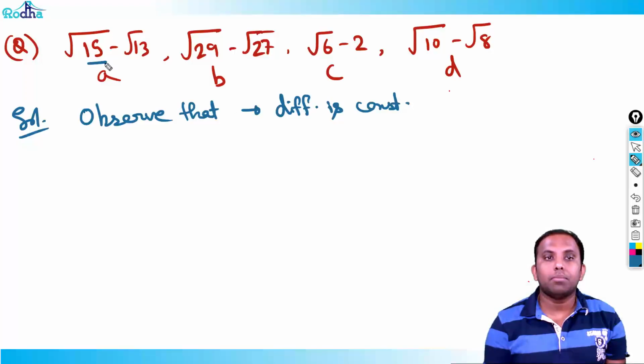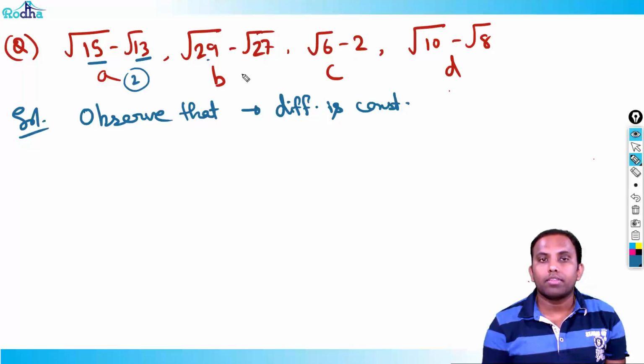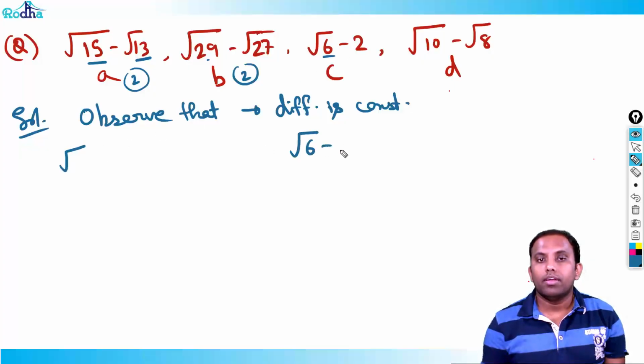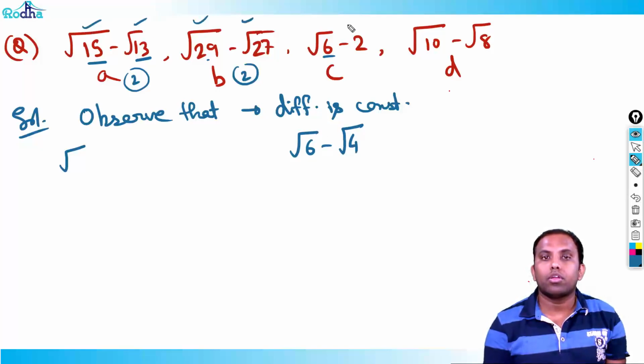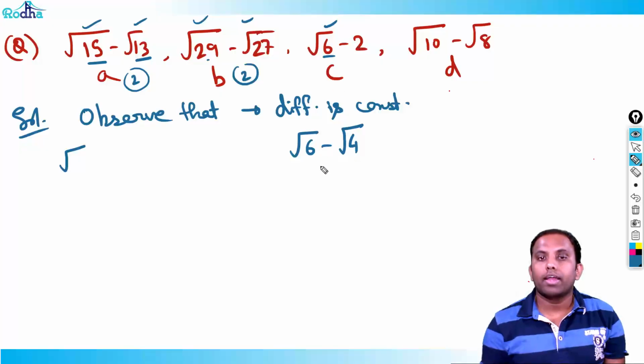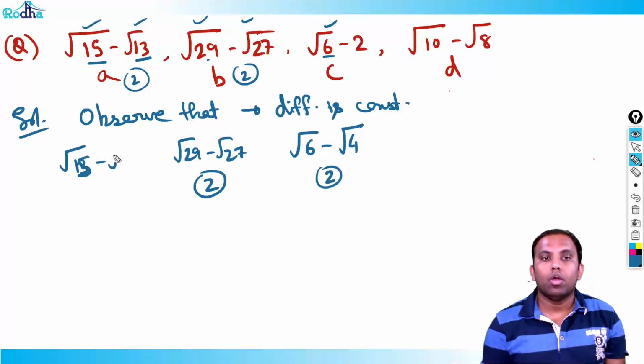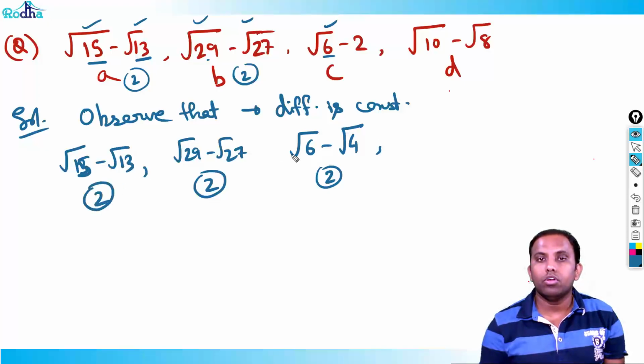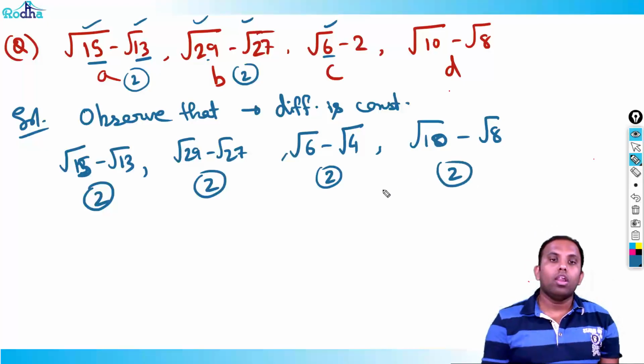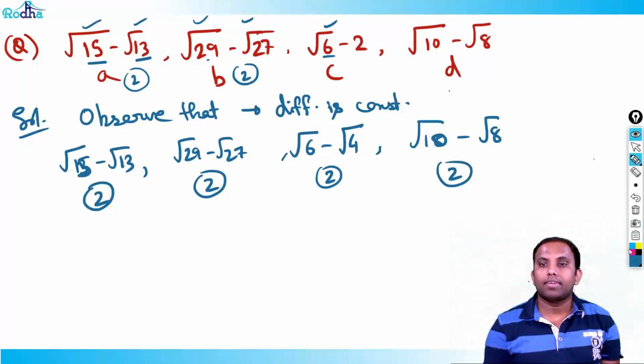How? Because 15 minus 13, 2. 29 minus 27, 2. Here it is root 6, so 2 can be written as root 4, since all the other terms have two roots and here only one root. If I write 2 as root 4, again 6 minus 4 becomes 2. Root 29 minus root 27, difference was 2. Root 15 minus root 13, difference was 2. And here also root 10 minus root 8, the difference is again 2. So all are 2, 2, 2, 2. So that basically means that